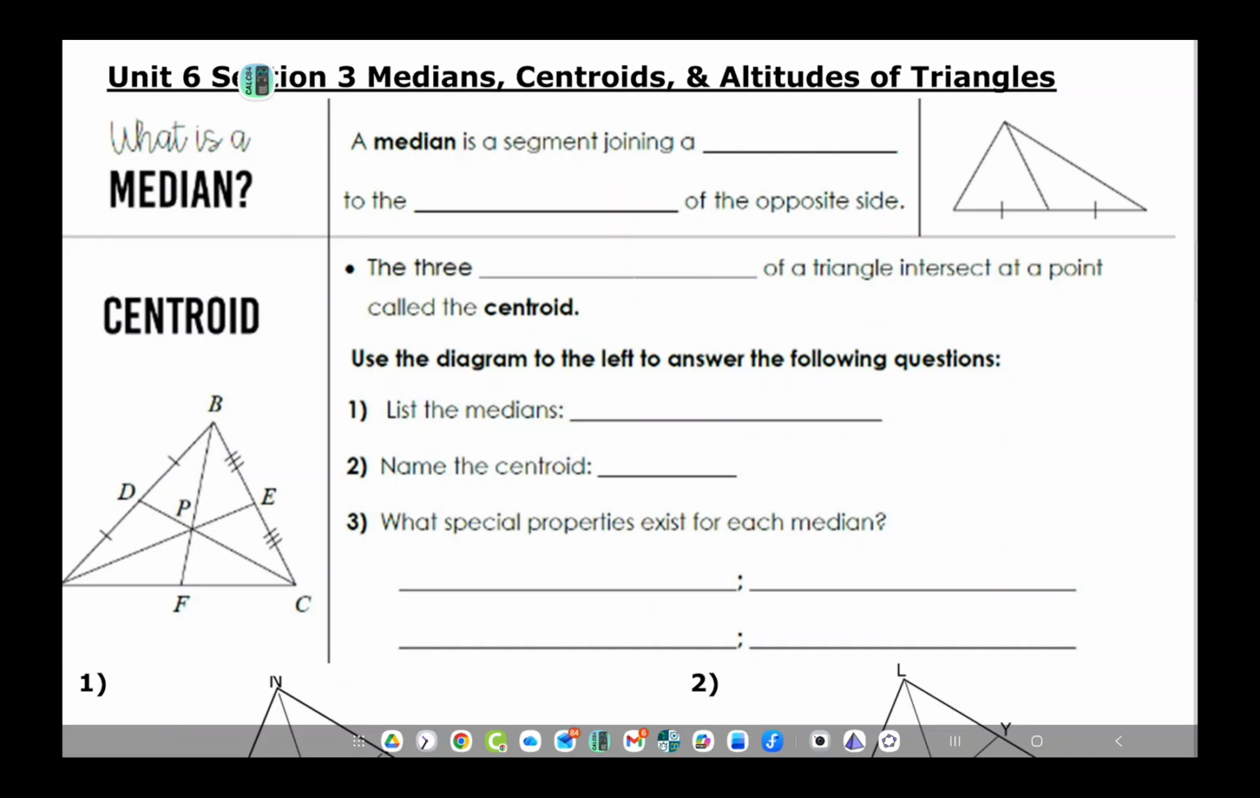All right, so we are going to finish up our work on centers. So we've talked about circumcenter, we've talked about orthocenter. Next, we're going to talk about incenter and centroids. Okay. Now,